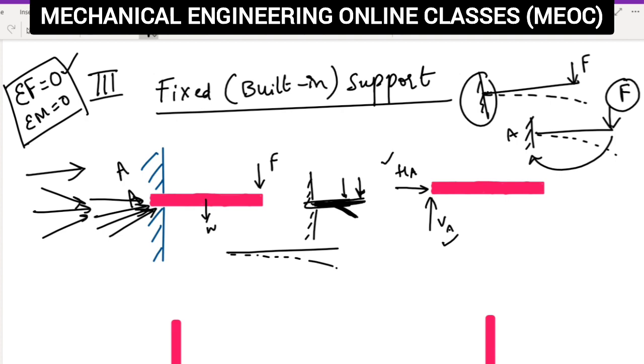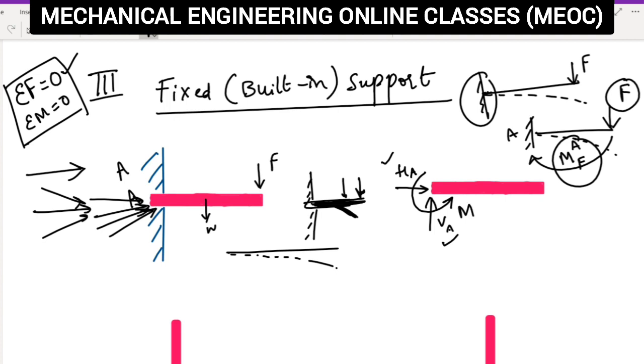And the moment created by this F on point A is nothing but the moment about point A of force F that is acting in clockwise direction. So for the object to be in equilibrium at A, there should be a reaction of this moment also. So how is the equilibrium maintained? The moment should be opposite to this particular moment created by the force. F is creating a moment in clockwise direction, so this support should give a moment in anti-clockwise direction. Only then they both get nullified. Together they will be nullified. So there is a moment reaction also here